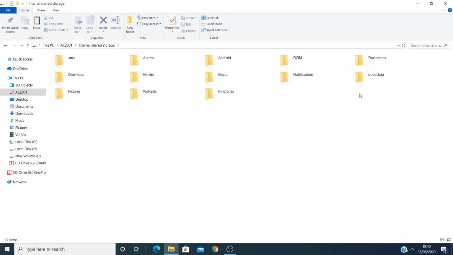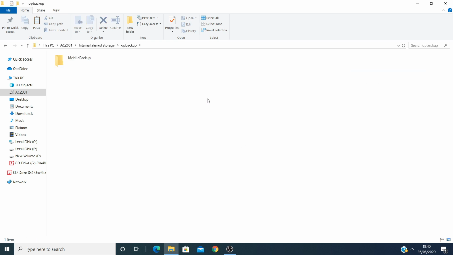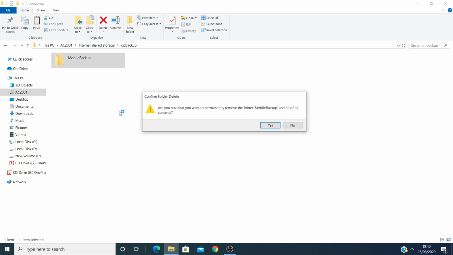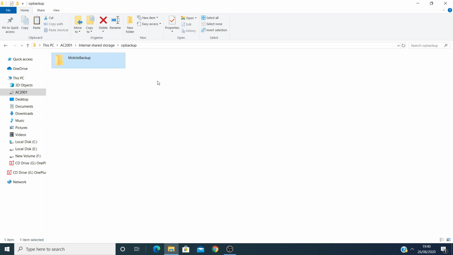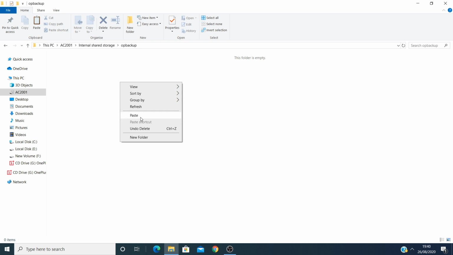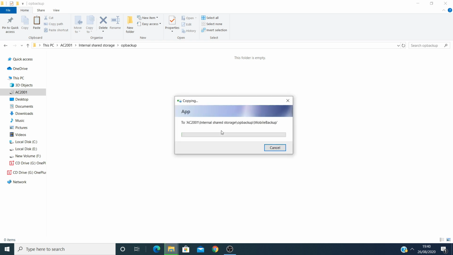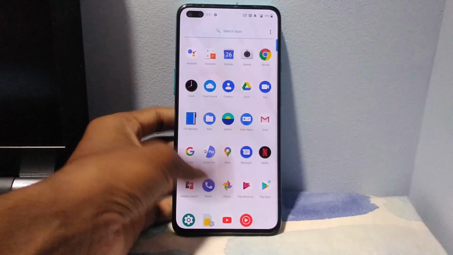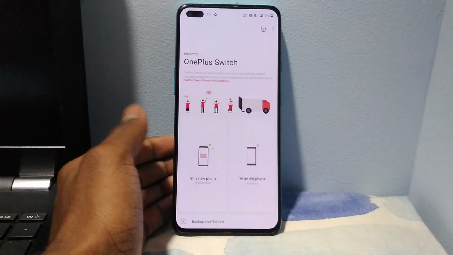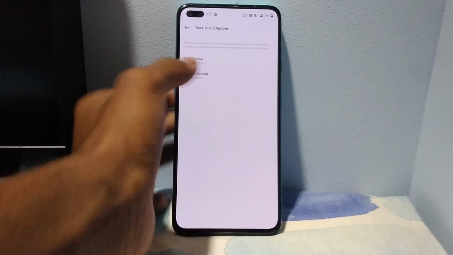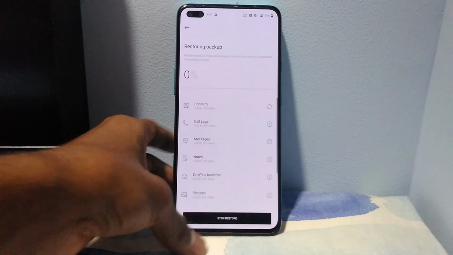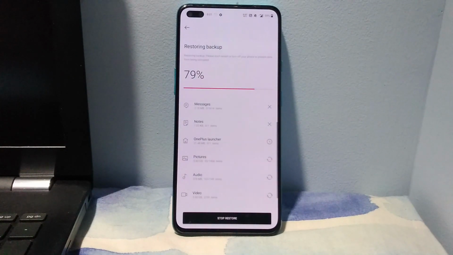If you find any pre-existing folder inside the OP backup folder, then just delete it and paste the backup file. Now open the OnePlus Switch application on your phone, hit backup and restore, then hit restore, then hit the file and click on backup. So this was the easiest way to unlock the bootloader without any data loss.